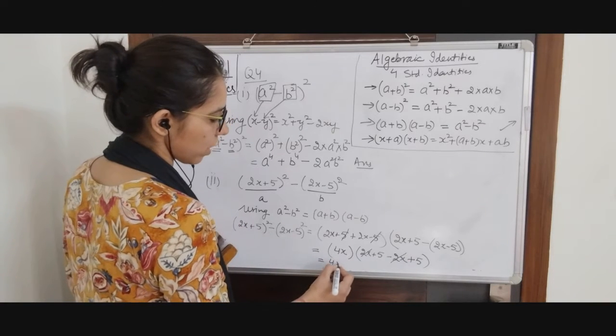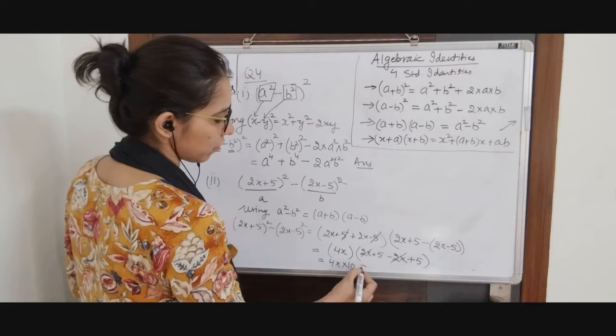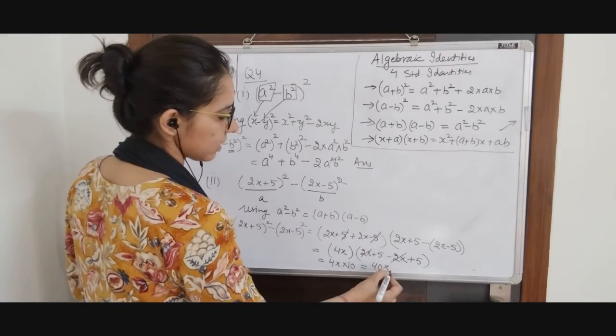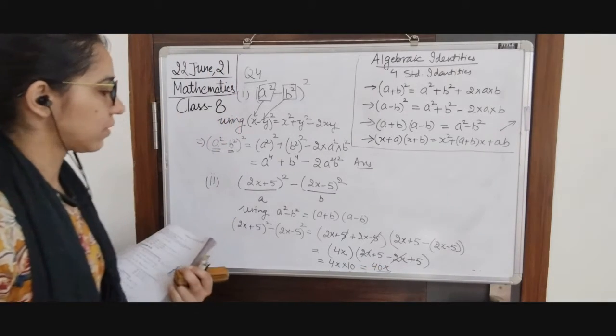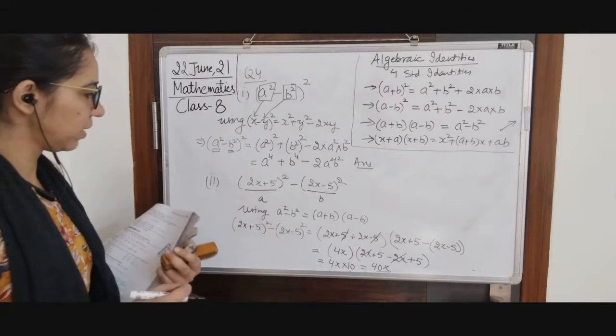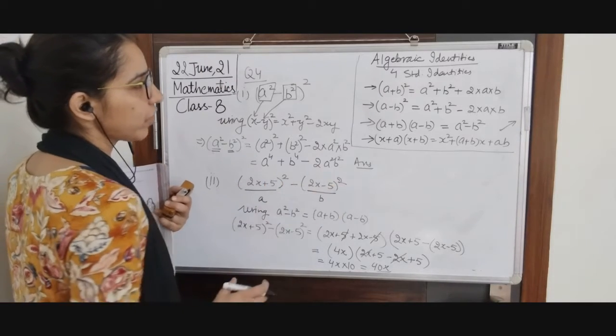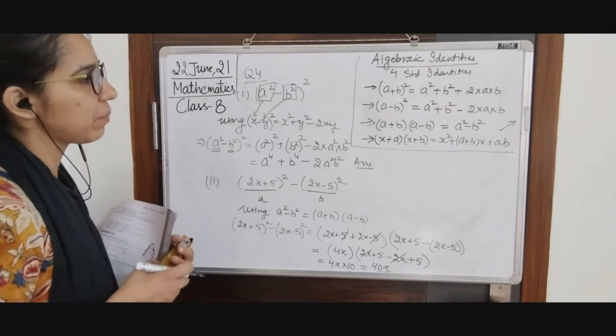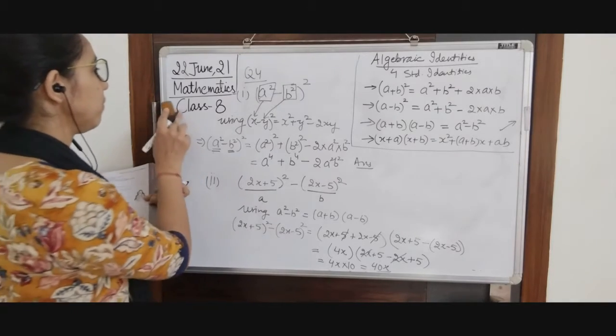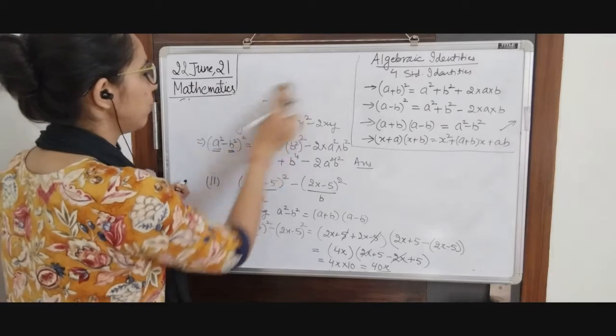So it is 4x into 10, which is equal to 40x, and this is our answer. So quite simple. You just have to check which identity we should use, which identity we are comfortable with and can be applied. Next one is question number 4,